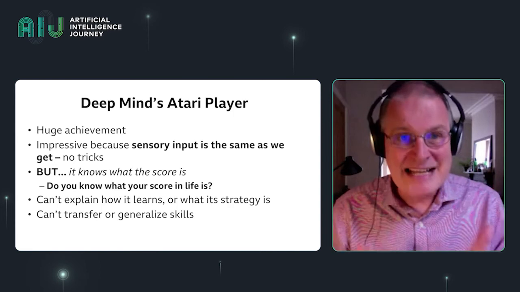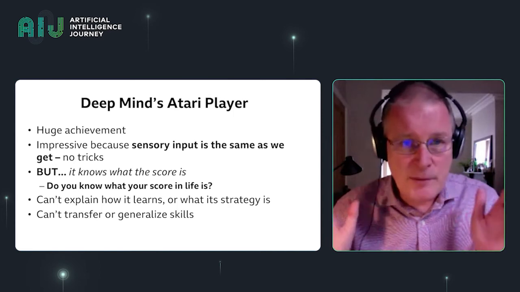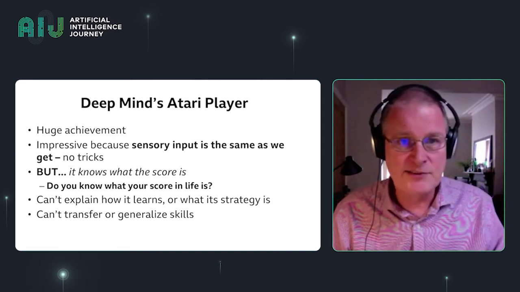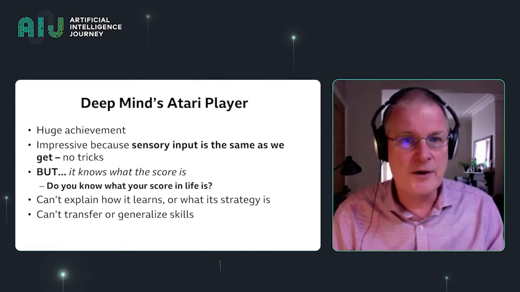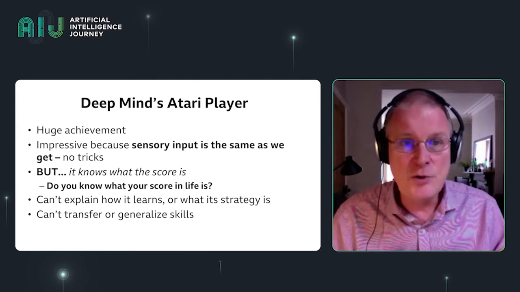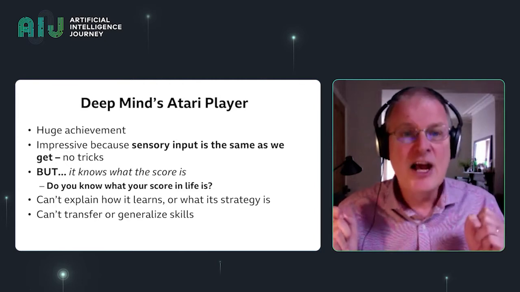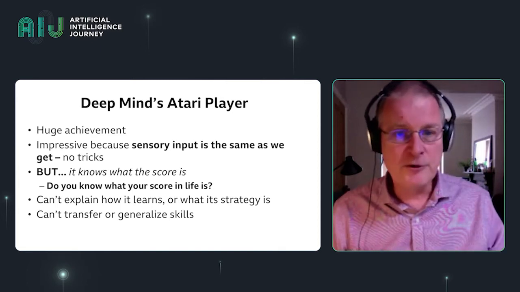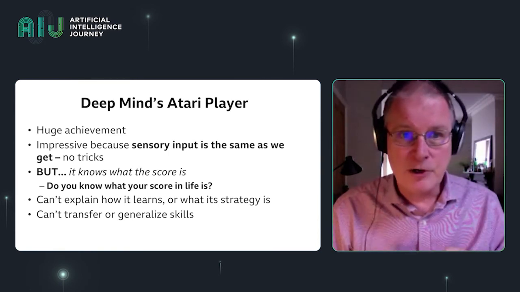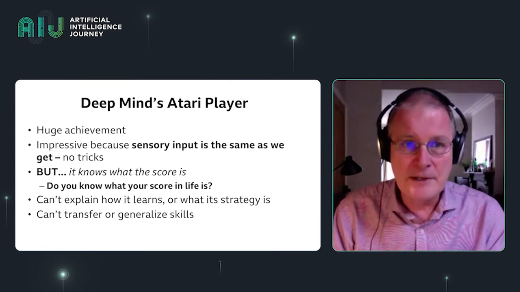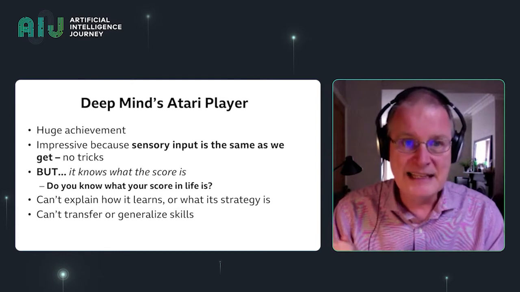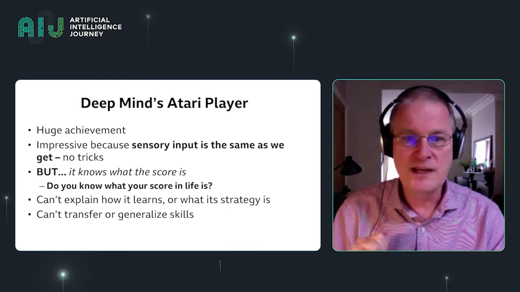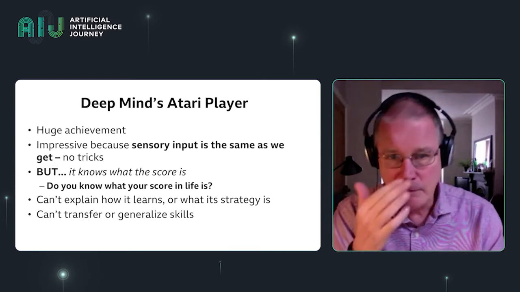Firstly, the sensory input that the program got is just the picture of the screen, the same that you or I see. There were no tricks, right? There was nothing behind the scenes going on. It just saw the screen and it knew what the score was. And the second thing is, nobody taught it how to play these games. It was just pure reinforcement learning, training a neural network. And what happened was, when it made a good move in the game, the neural network would be trained to learn that good move. Okay? So these are remarkable things, but